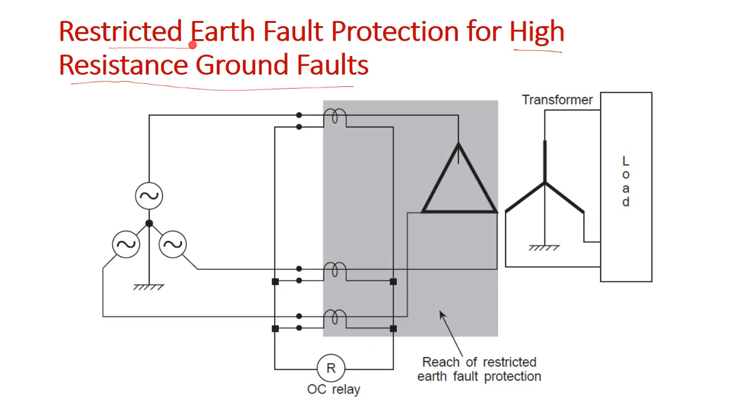So already we discussed that when we consider a delta star transformer, if we are going to provide this restricted earth fault protection to the delta side, then we need to